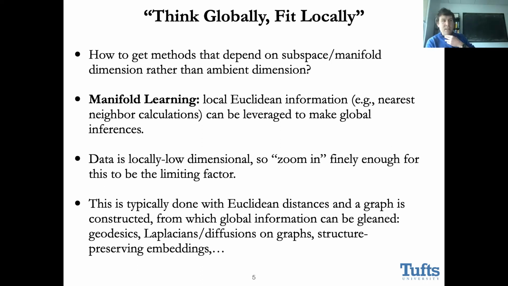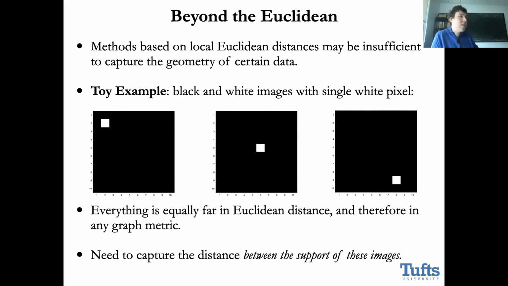Lots of methods that some of the audience are familiar with or have worked with fit roughly into this regime. Things like computing geodesics on point clouds, things like Isomap, Laplacian eigenmaps, diffusion maps, and related structural inference methods all fit into this regime. I just want to give a very simplistic toy example that illustrates why this might break down, and why even local pairwise computations aren't always going to be informative. So here's a really simple toy data set, which is collections of images.